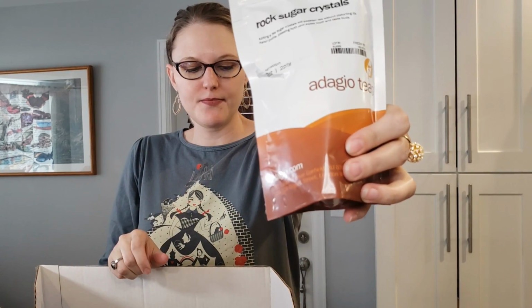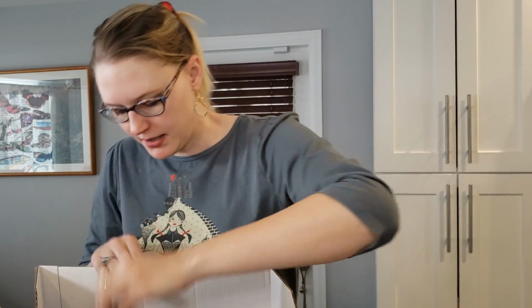Okay, next, I did get some rock sugar crystals to sweeten my tea. This is beet sugar. I got,